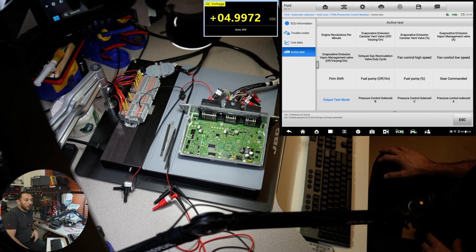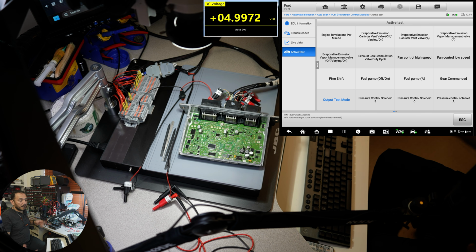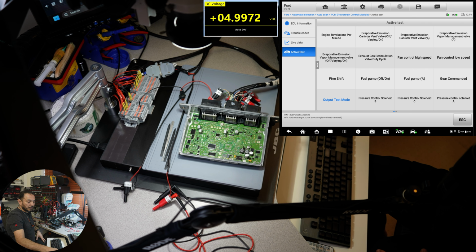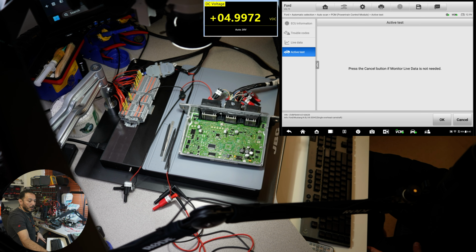I even replaced one more component, which I thought was really not the case, but I'm always trying to help the customer because obviously computers are expensive. But yep, it's the same result still. Every time, right now I cycle the ignition off and on, and every time I do the output control test, I'm going to just click cancel and run the test,